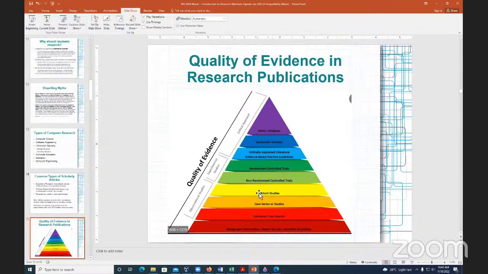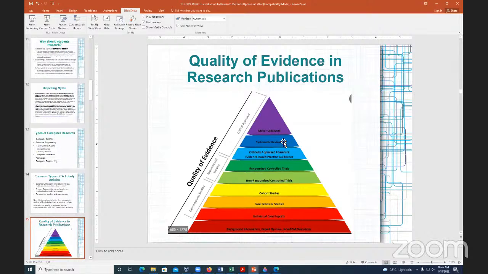Right, so we're going to be talking way later in the class about the differences between experimental studies and observational studies. I noticed that this came from a particular source that I didn't create, and we're also going to be talking about surveys and other types of observational studies which are not on this list. And then we also have opinion pieces like expert opinion. So there are different qualities of evidence.